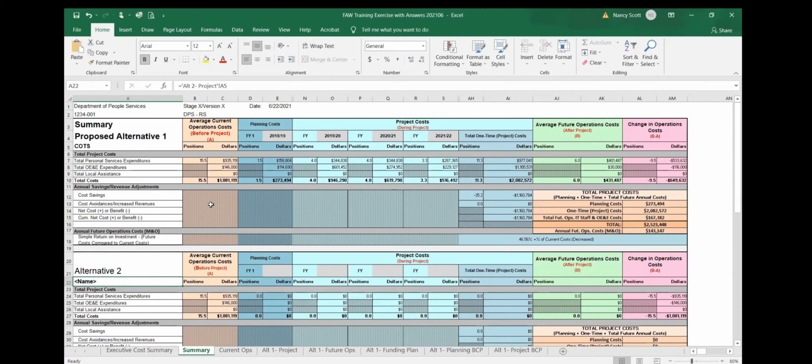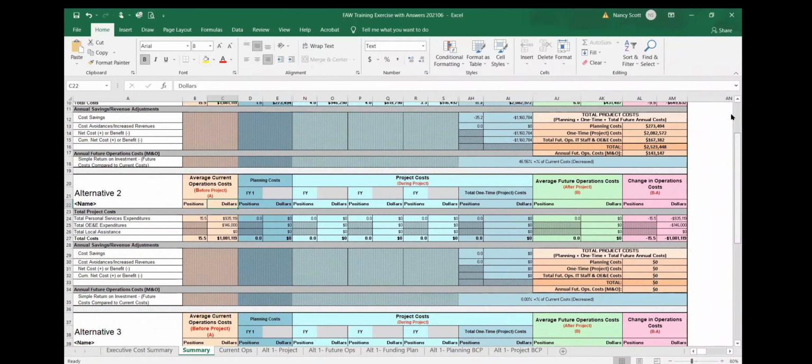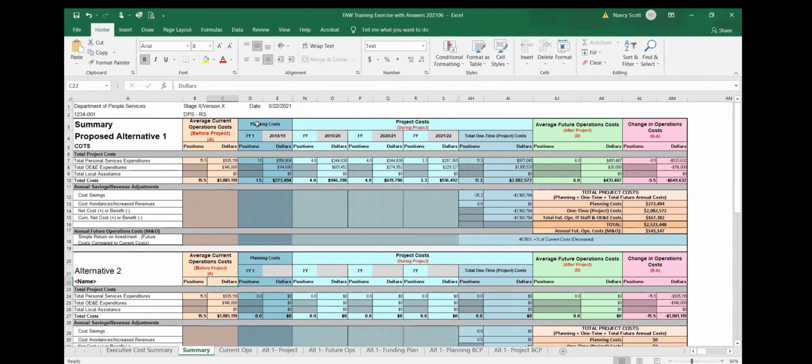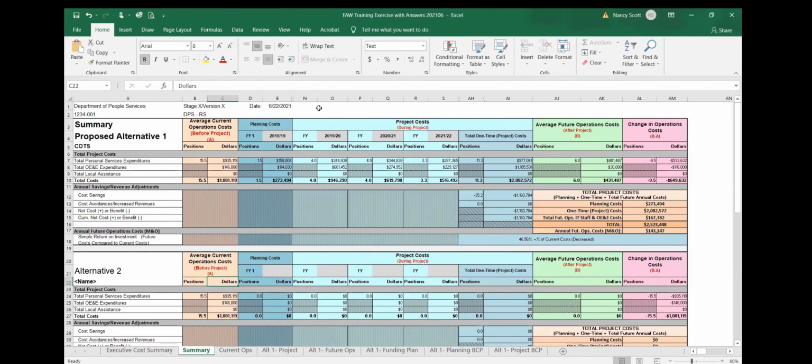All of the solutions, once you enter your current operations, they show up for any of the alternatives, because that's provided by the current operations tab. And then it shows, now this one is different than the executive cost summary, because this shows an overall cost, where the summary sheet shows a year by year cost.